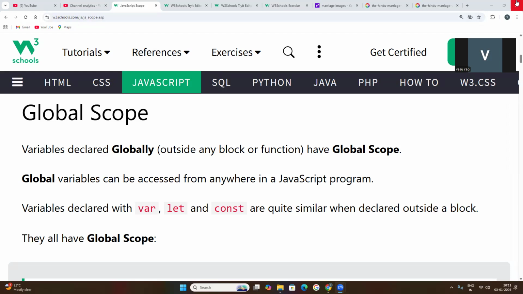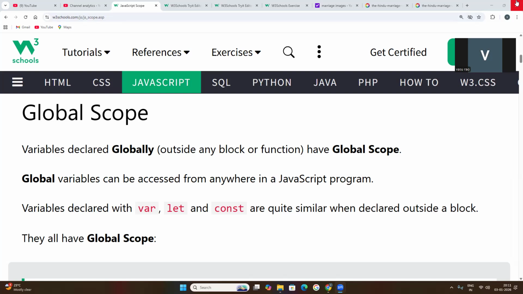Without them, don't expect to become a good web developer. HTML is used to develop the web page, CSS is used to style it, and JavaScript is used to develop interactive and dynamic web pages.